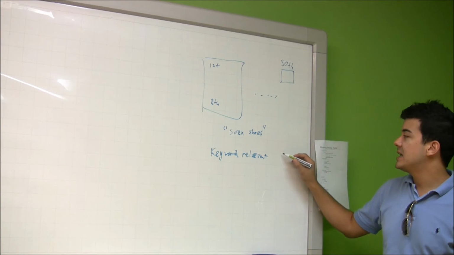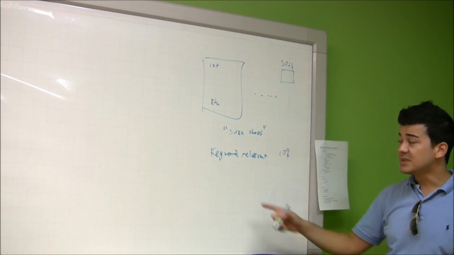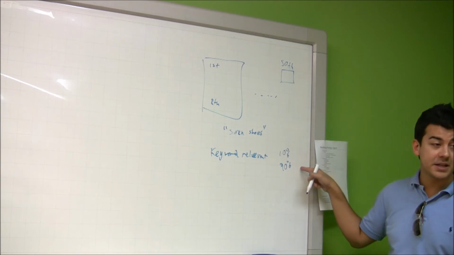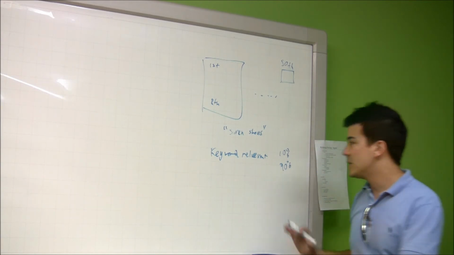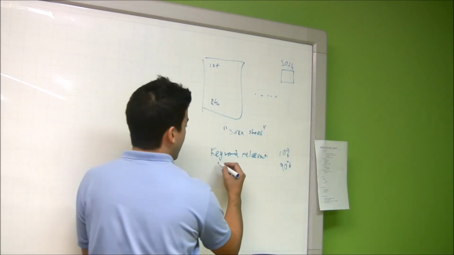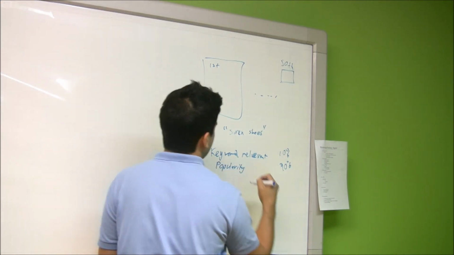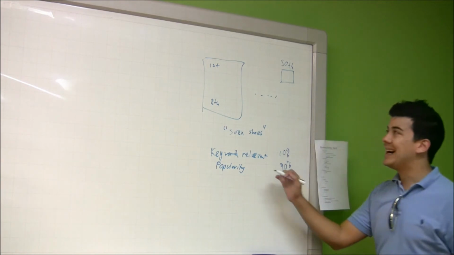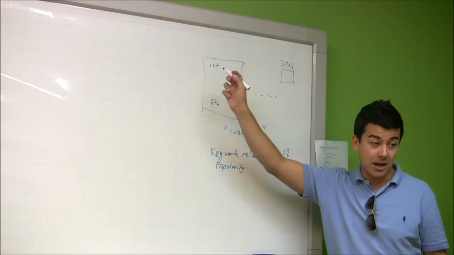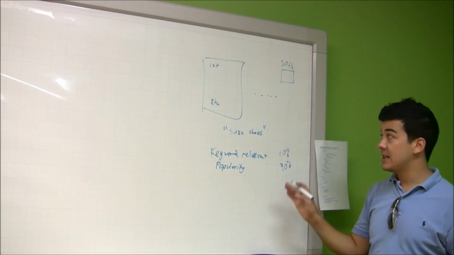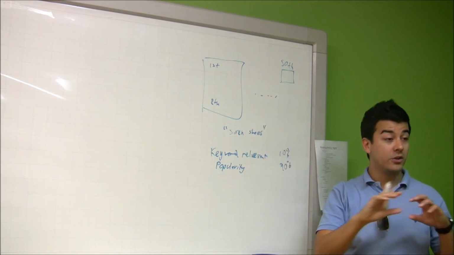So let's say it is 10% relevancy. What's the other 90%? I'm making up a figure. I don't exactly know what those figures are, but to give you a sense, right? What's the other 90%? I'm going to call it popularity. What that means is how many other sites link to that site with a relevant keyword. So if it linked to that site with the word dogs, right?